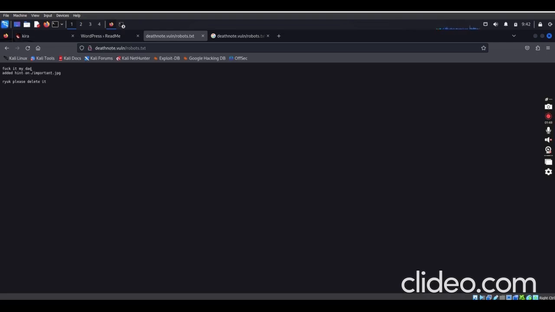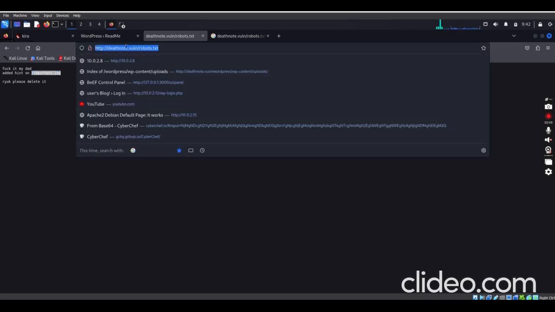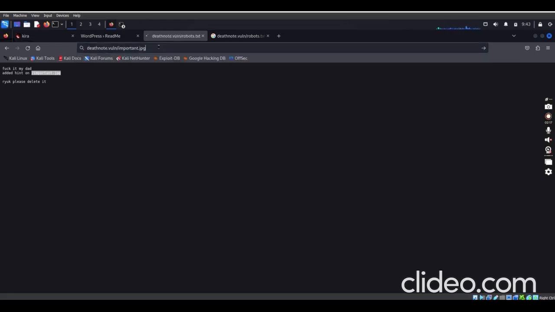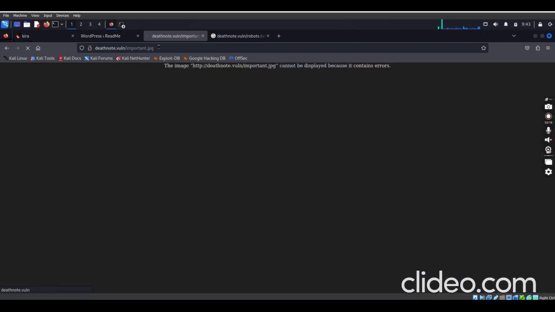So what we are going to do is just copy this file, put it in the path here, and check if we can see the picture, since it says JPG.